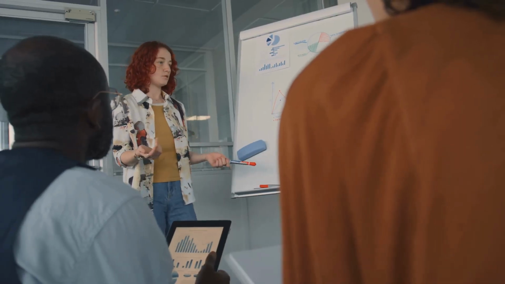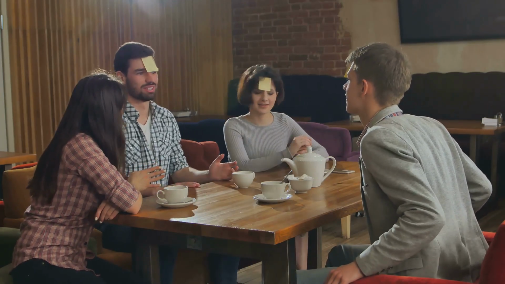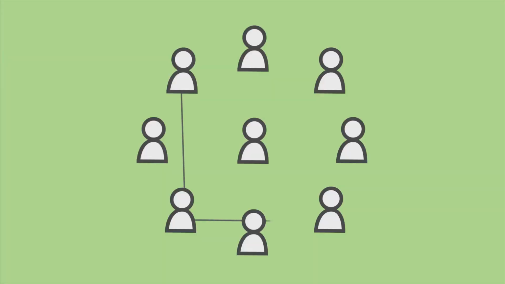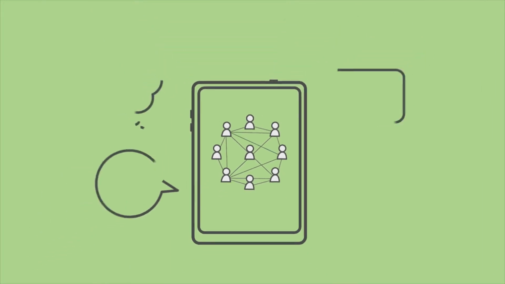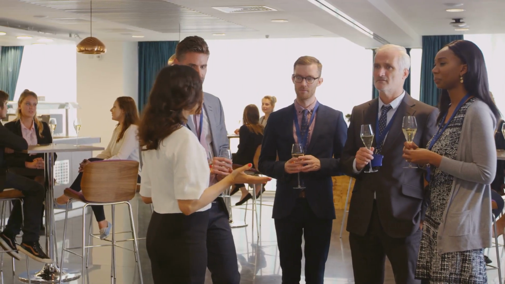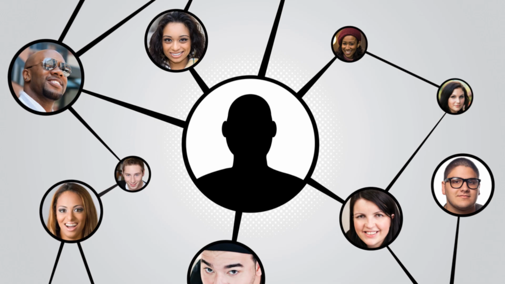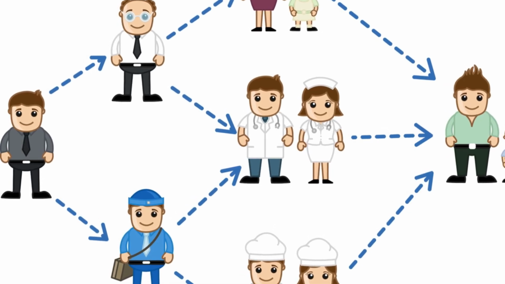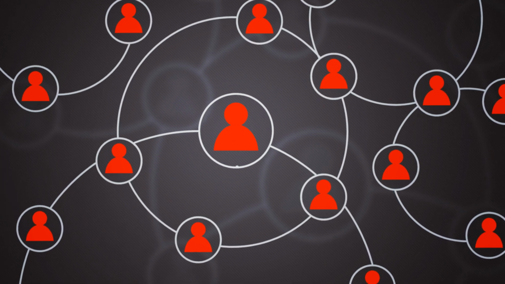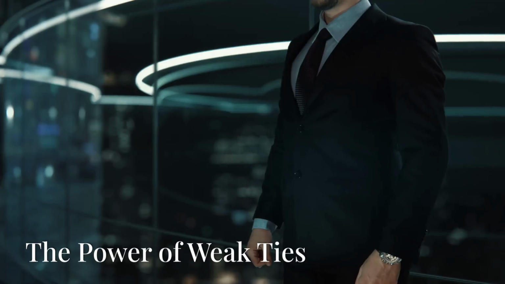He breaks it into two types. 1. Relational embeddedness, direct ties like your closest friends or family. 2. Structural embeddedness, the broader network, like the friend of a friend who helps you find a new job. And networks aren't just about who you know. Their structure matters too. For example, people who connect different networks, what Granovetter calls bridging structural holes, can hold disproportionate power by controlling information flow and resources.